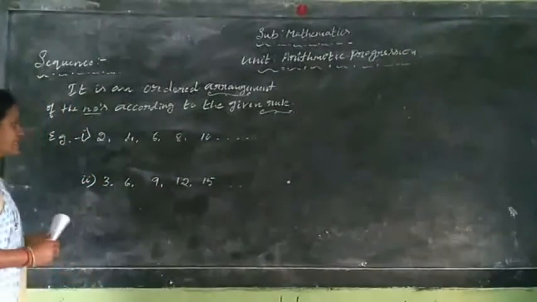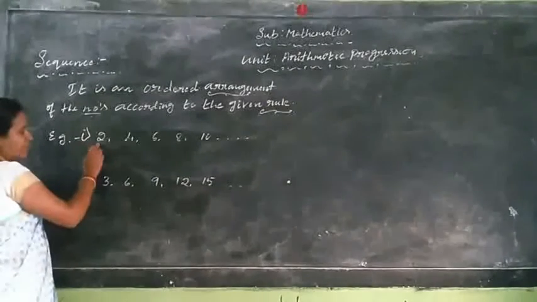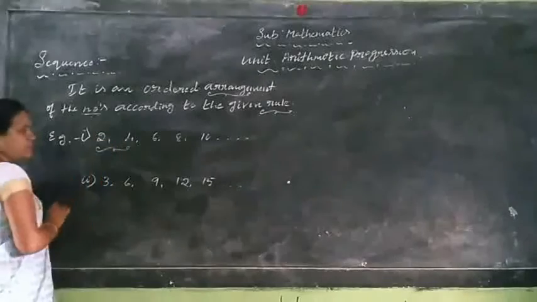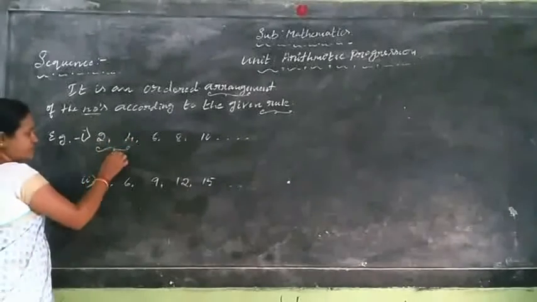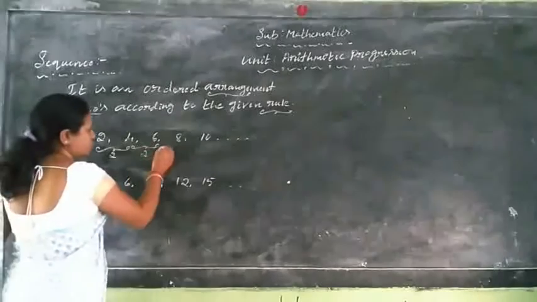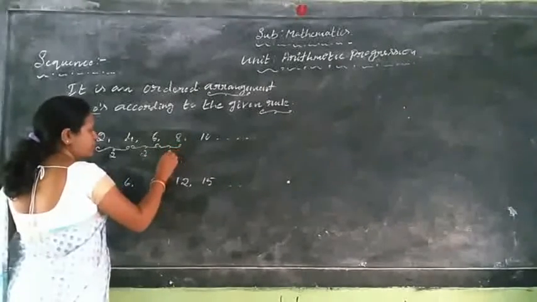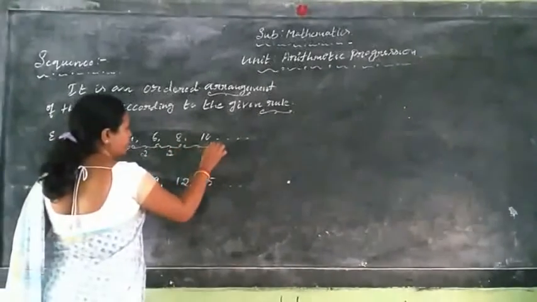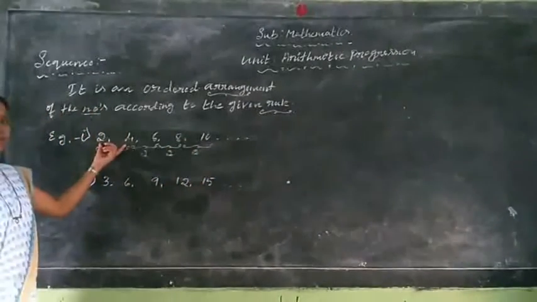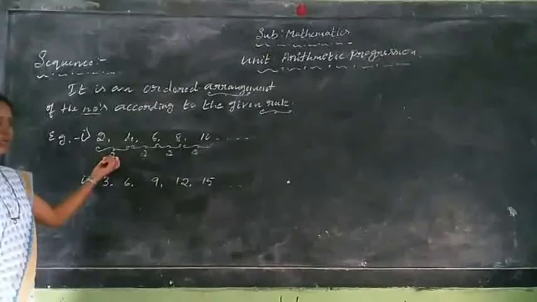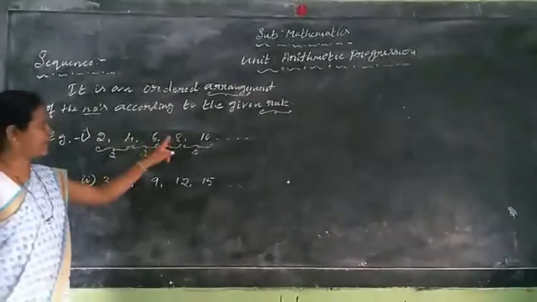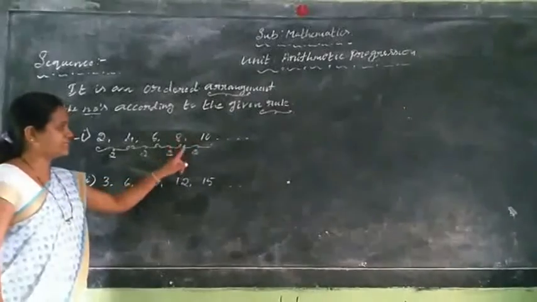Just observe the first example, children. This is the first term and this is the next term. Just see what is the difference between those two terms. 2, 4. The difference is 2. In the same way, 4 to 6 is 2, 6 to 8 is also 2, and 8 to 10 is also 2. So, the difference between the previous term and the next term is, children, 2. 4 minus 2 is 2, 6 minus 4 is 2, 8 minus 6 is 2, 10 minus 8 is 2,